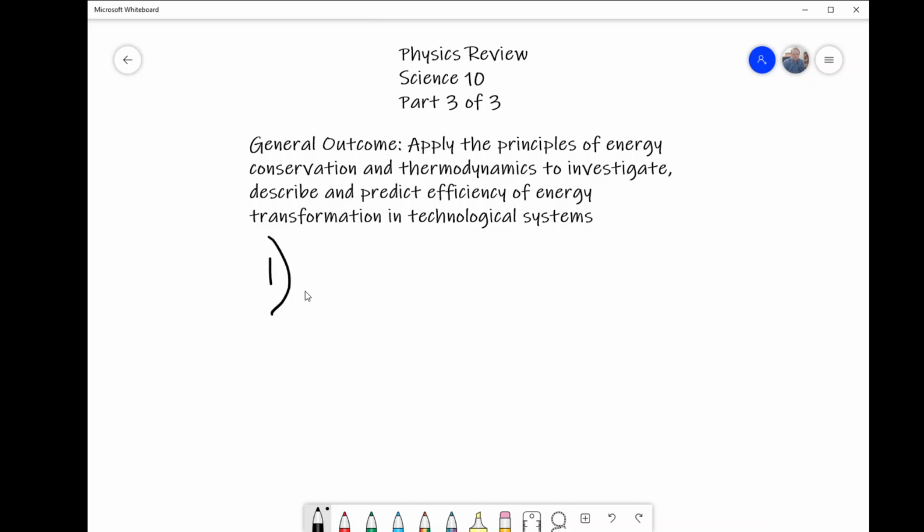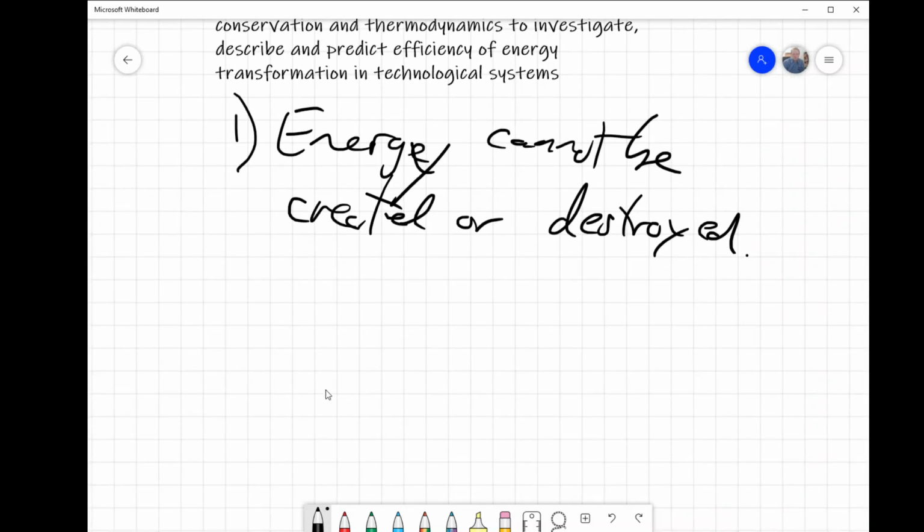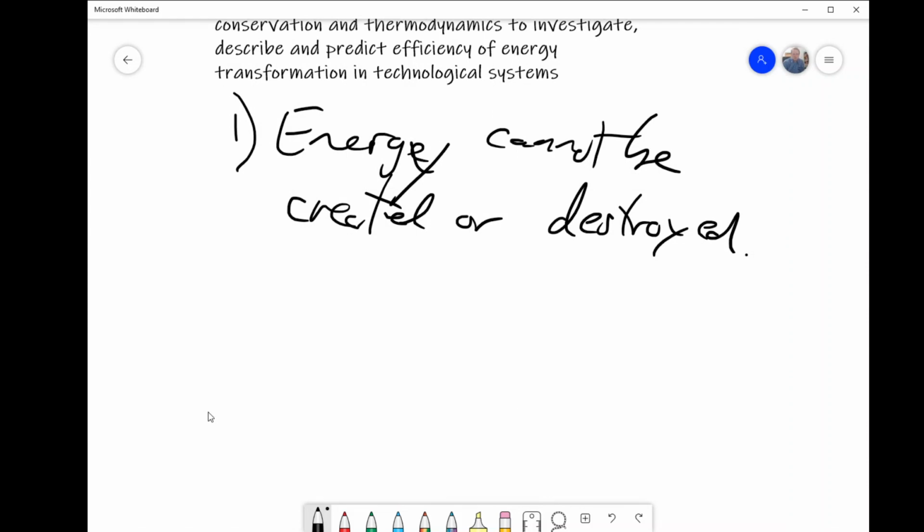is conservation of energy. So energy cannot be created or destroyed in an isolated system. So the total amount of energy in a system cannot change if that system is isolated or closed. You can turn potential energy into kinetic energy, or vice versa. You could turn things into heat energy, although it is very difficult to turn heat energy back into any other types of energy. So you can transform it, but you cannot create or destroy it.